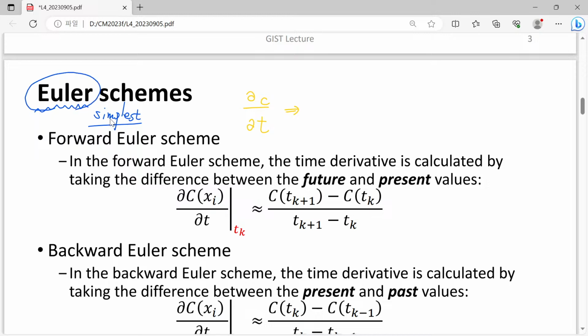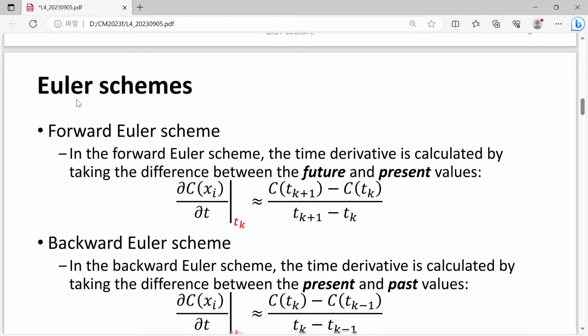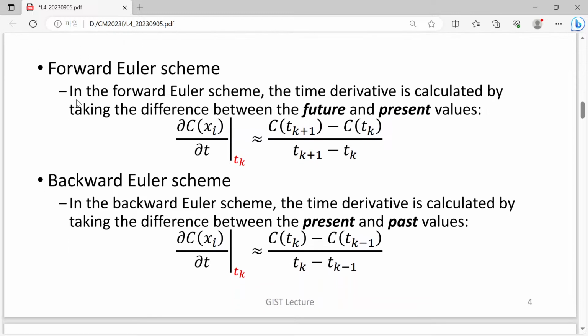Because it is simple, there we can find two categories, two schemes, and understanding the difference between them is important in my opinion. One is the forward Euler scheme, and one is the backward Euler scheme. In the former one,